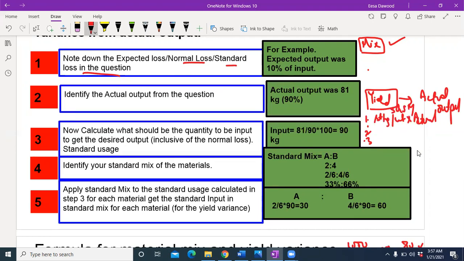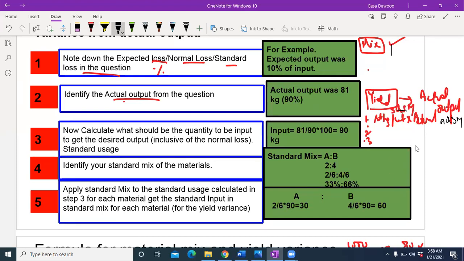What you're given are two things: the actual output, and your normal loss percentage. You're not given the standard kg per unit into actual units, so that for yield you could calculate standard quantity and standard mix and compare it with actual quantity in standard mix. That was the first column of the mix variance, but you're not given that.